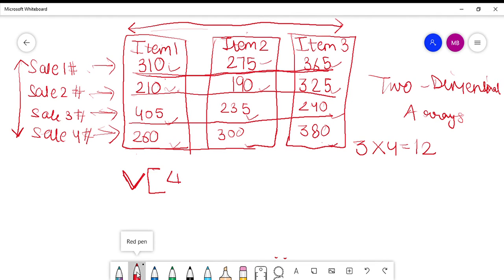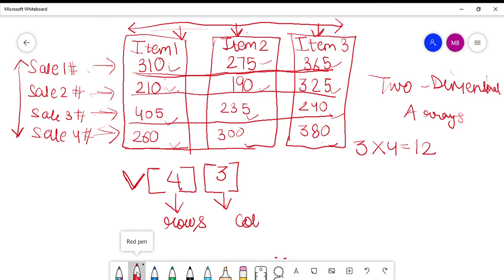So the first dimension represents the rows. Then how many columns do we have? We have 1, 2 and 3 columns. So 3 here, because the second dimension represents the number of columns. So this is how you represent a table using arrays in C. This first dimension will always represent the number of rows present in the array, and the second dimension will always represent the number of columns present in the array, and this is the name of the